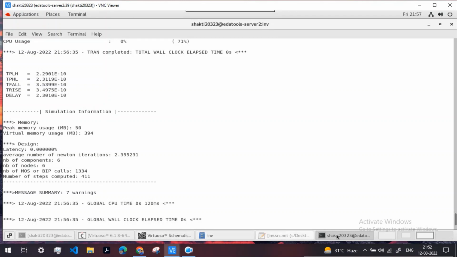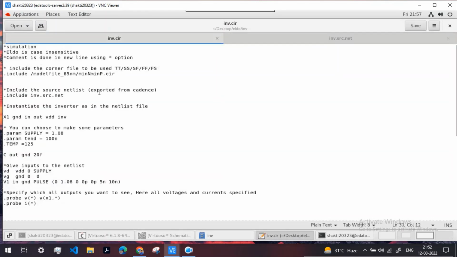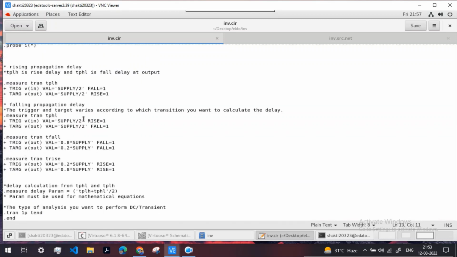One important point to note is that inside the CIR file that we have written, since we are beginning with the simulations, it was just a tutorial video. We have taken these PVT values to be anything that we want: these process values, temperature and supply voltages. In case of PVT, P stands for process, V stands for voltage, which is supply, and T stands for temperature. So we have modeled using anything we want, but generally in an actual scenario, we always simulate for the